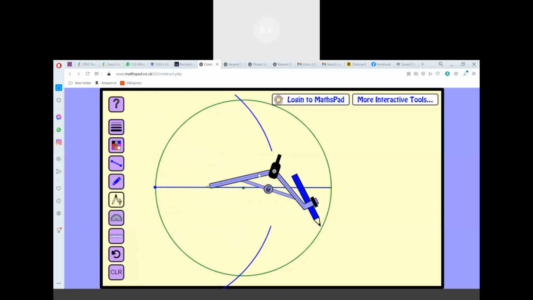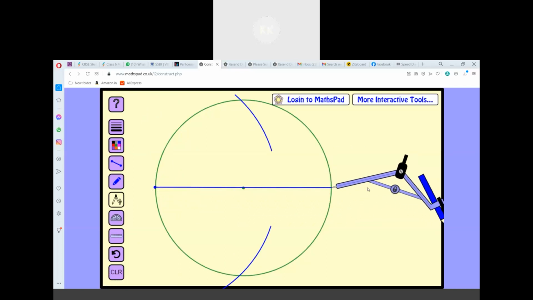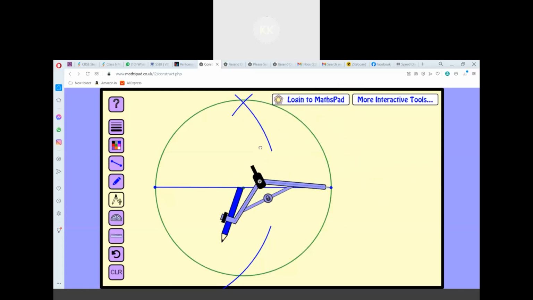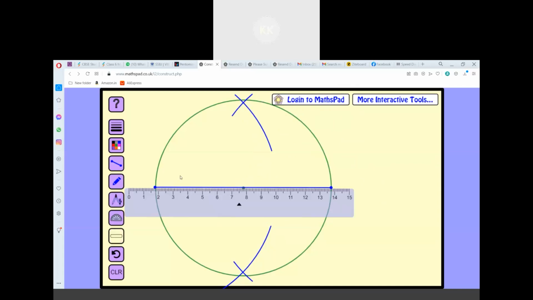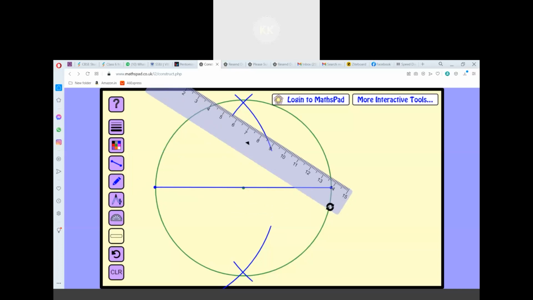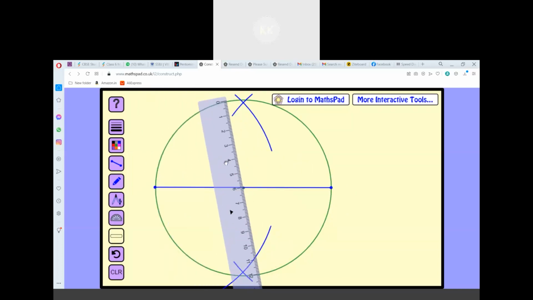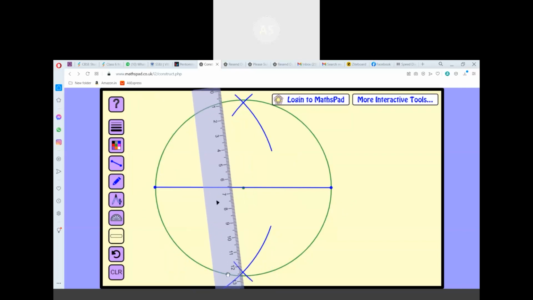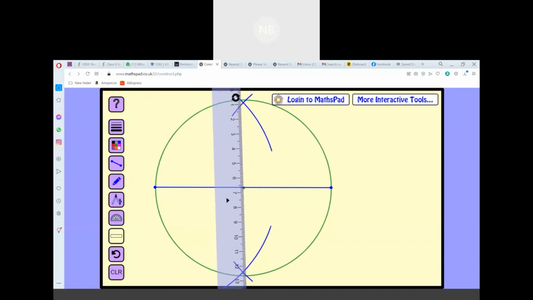Now we have to place the needle here as the center. We have to again cut the arc. Suppose the arc is cut here, this side also I need to cut the arc. So I get the points of intersection. I need to join these two intersecting points with a line. It will go through the center, sir, the center point.